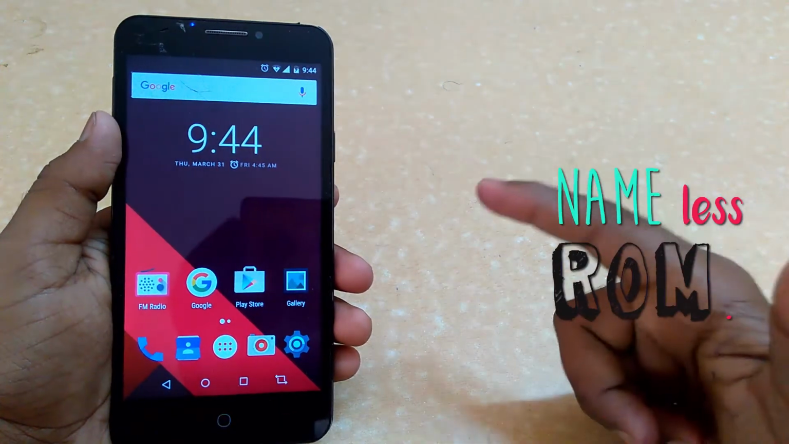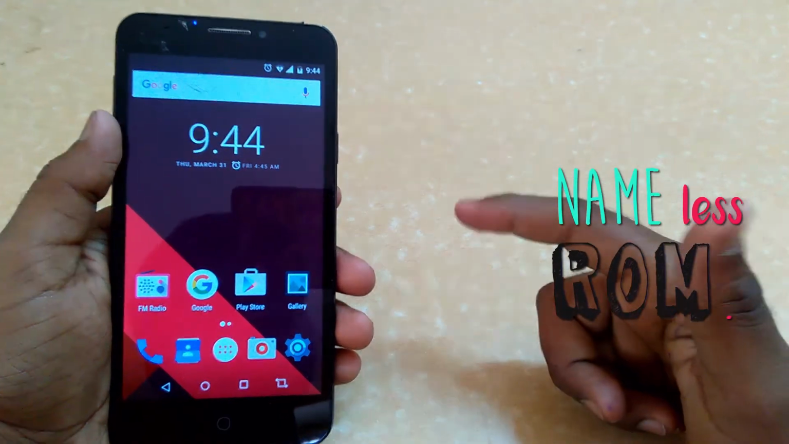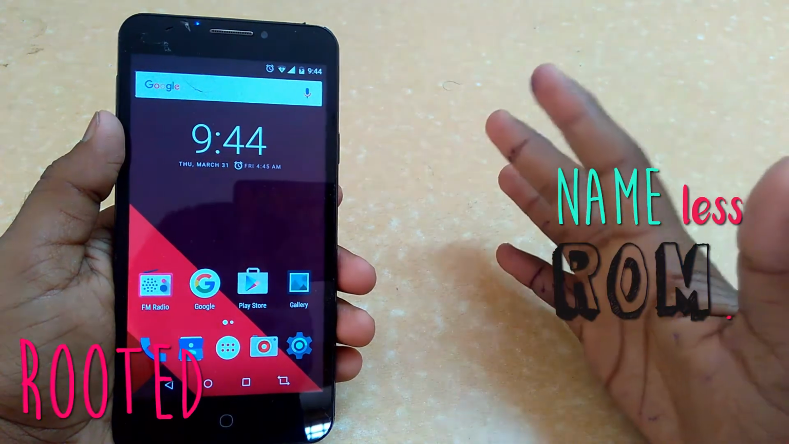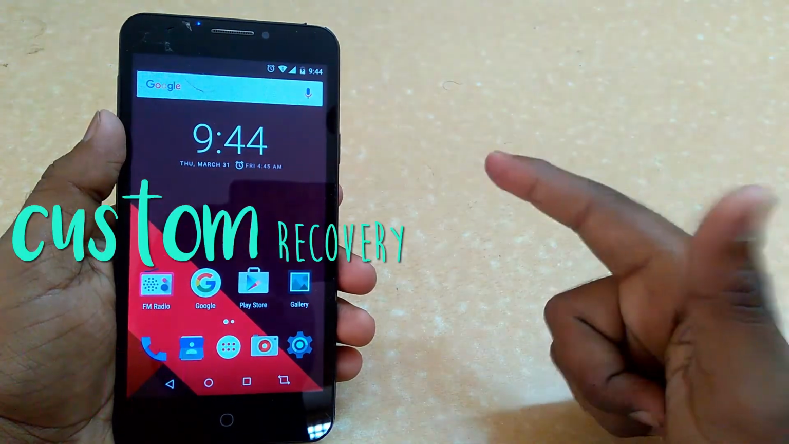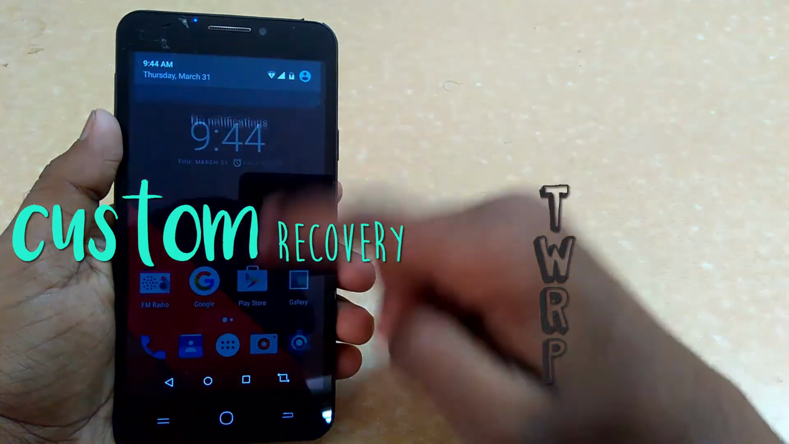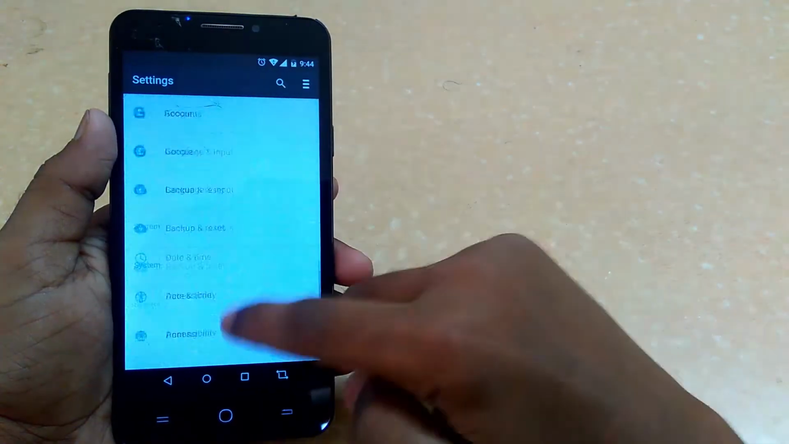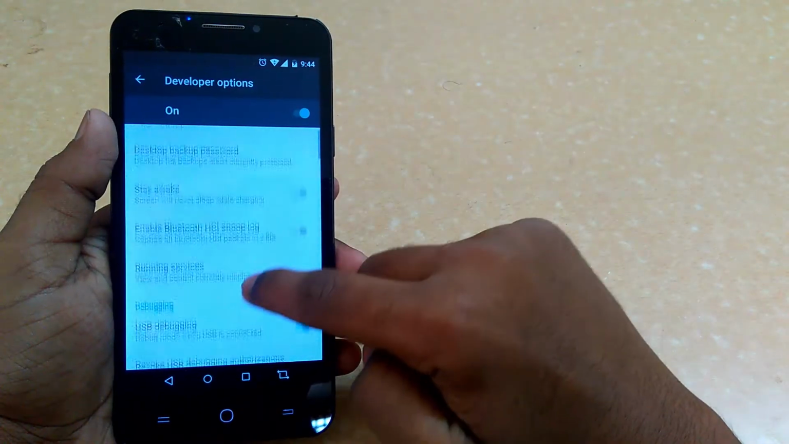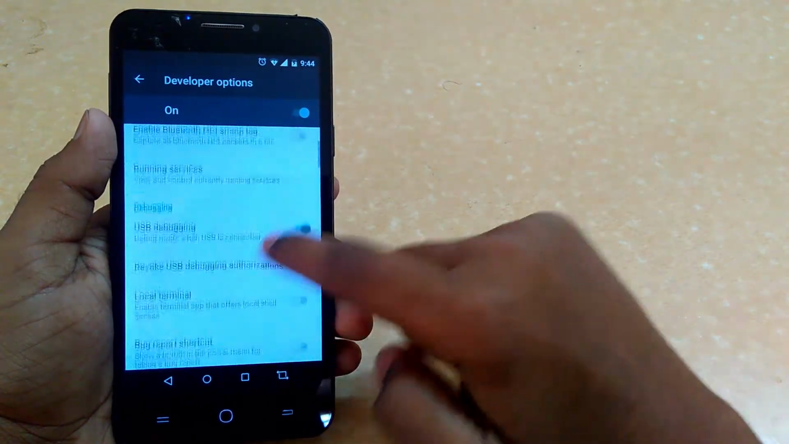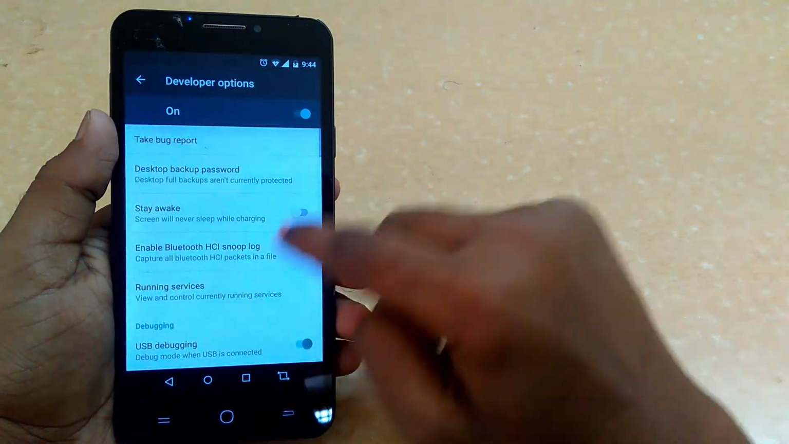Hi guys, today I'm going to show you how to install Nameless ROM on Yureka. So first of all, make sure that you have rooted your device and you are on the custom recovery, that is TWRP recovery. Once you do that, go to settings and go to developer options. Once you go there, here on the USB debugging,